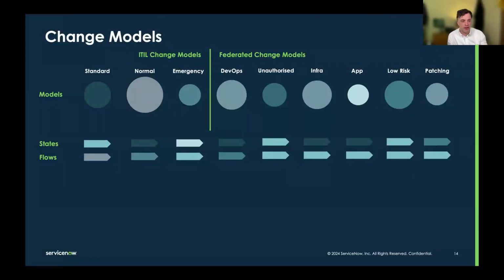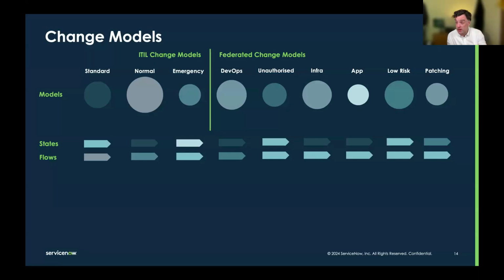So from a technical point of view in ServiceNow, we have a different set of states for these things. So we have components at the state level that we can wire together to make a model. So instead of a change, like normal change, having all those 7 states in it, we can actually take only 5 of those states and wire them together to make a change model. So we can say, for instance, with DevOps, we're not going to have an assess phase. It's already been done to the left. We have new, we have authorized, which is normally skipped. We have scheduled when the thing's ready to go and the pipeline's waiting to run. We have implement when the pipeline's running. And then we have review and close, which review will happen very quickly and it will close. So we can do changes much faster because of that.